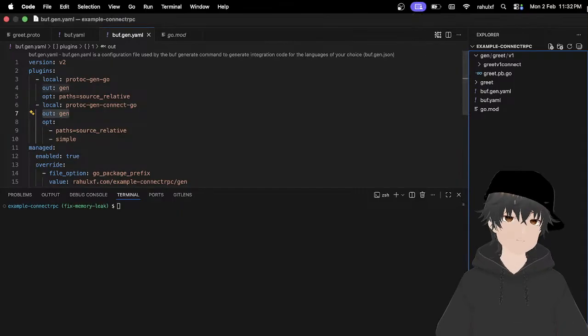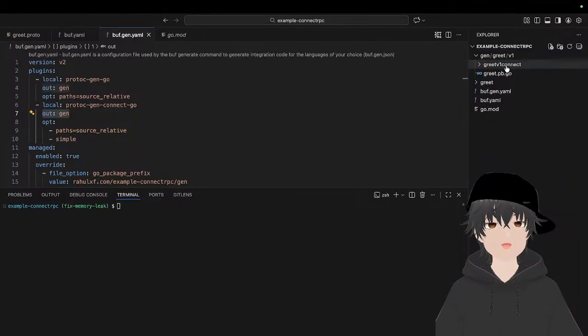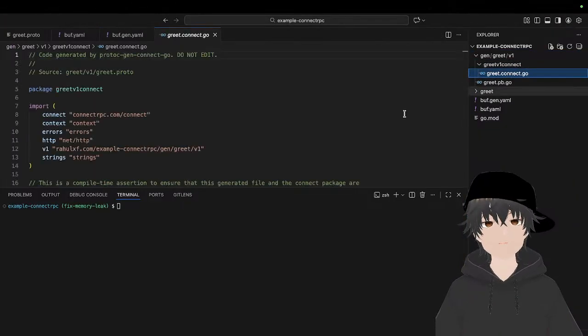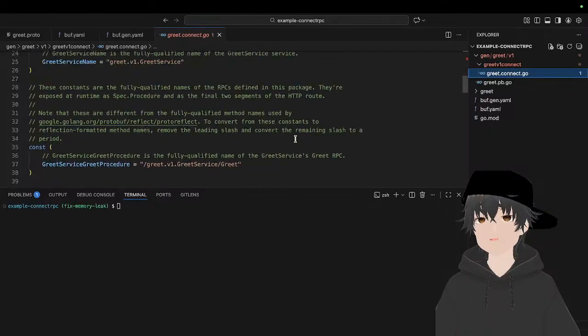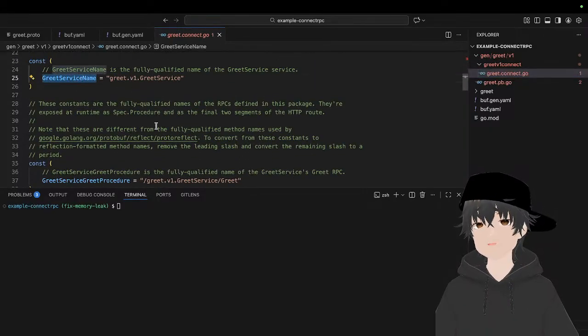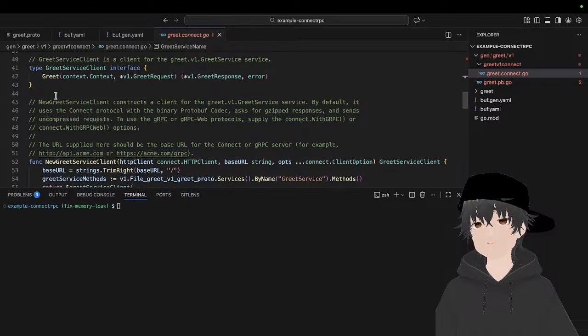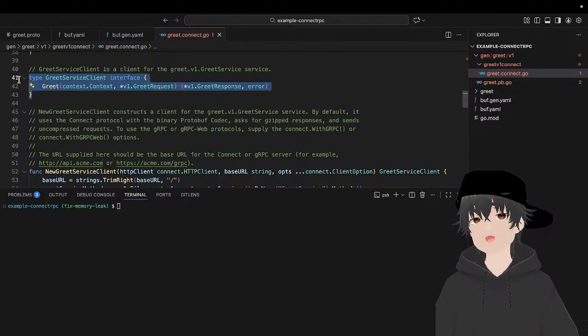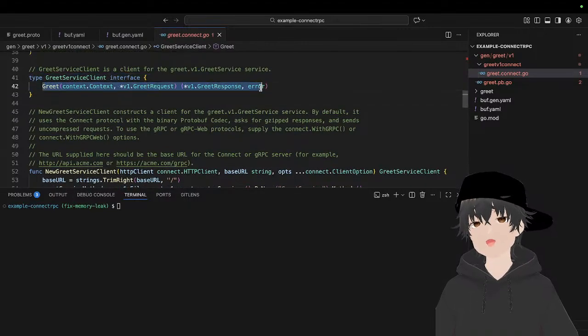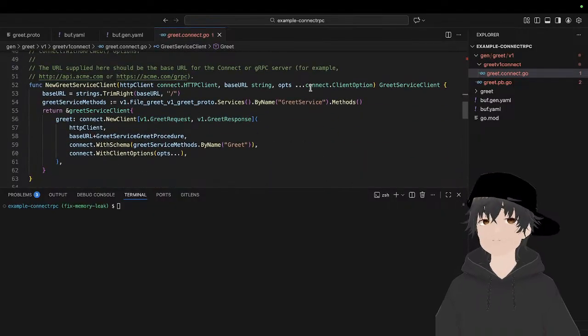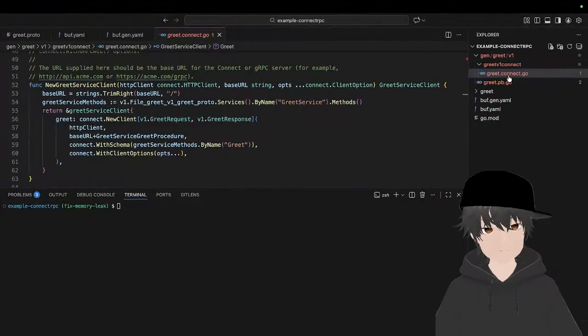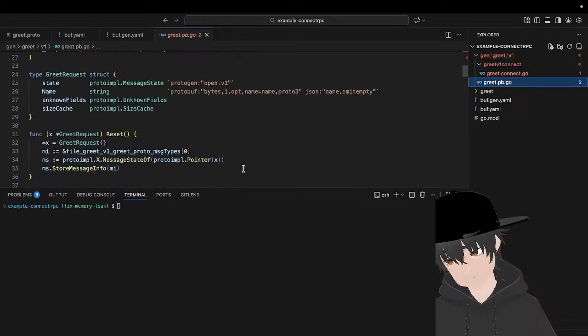Just a minute. So we will see greet version 1 where we have this. You can see the greet service name. You can see a greet service client and they will have a greet method. And one is this one.